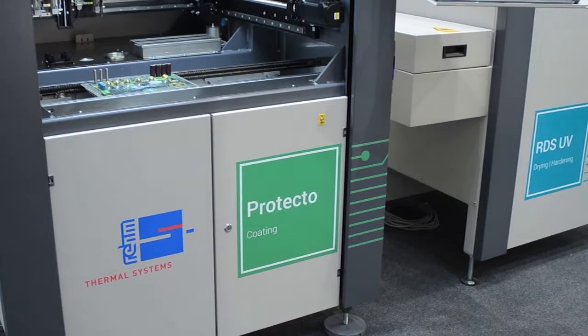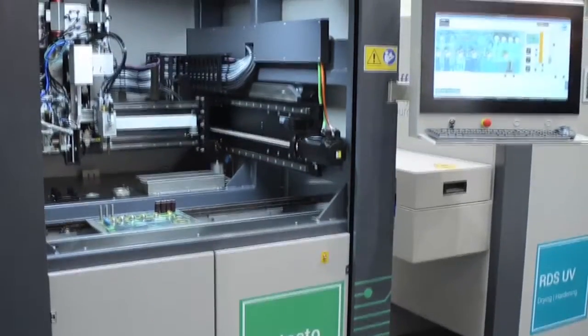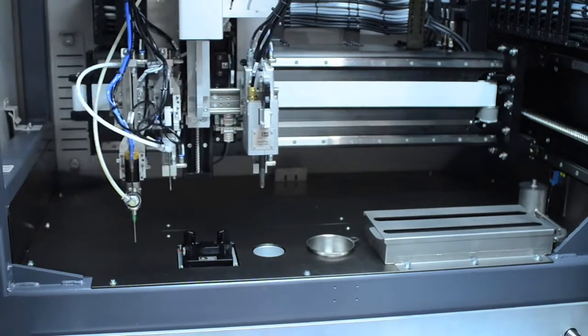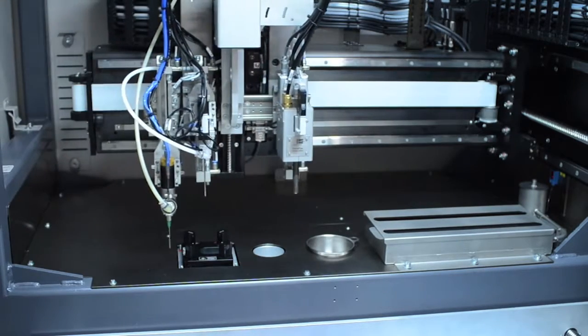Tell us a little bit about that and how you've approached it. Yes, we have here our conformal coating system, the Protector line. This is a flexible system with up to 4 applicators that can run in parallel, high flexibility, easy operation with Windows-based software. The software is also developed by Rehm, very simple and easy to operate. And you also have the backlight picture of the board, where you can easily form your diagram, your selective coating